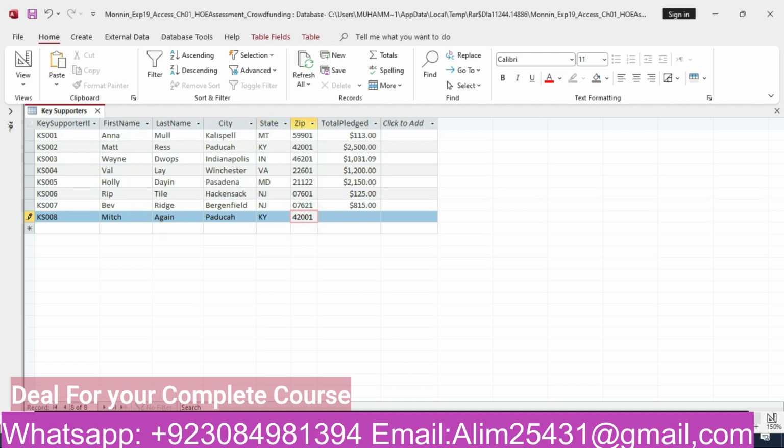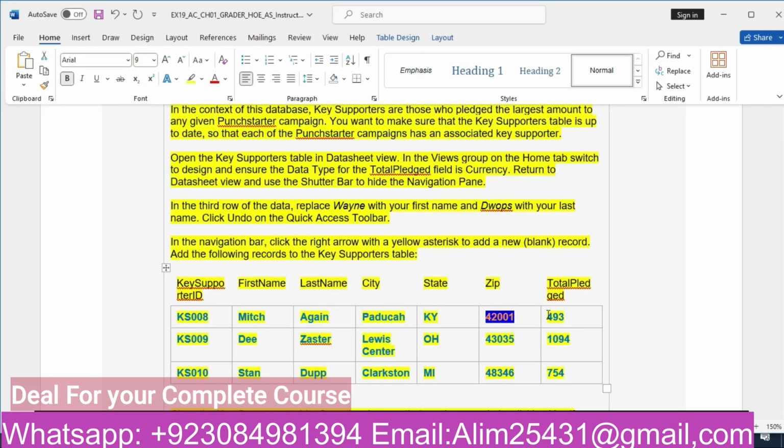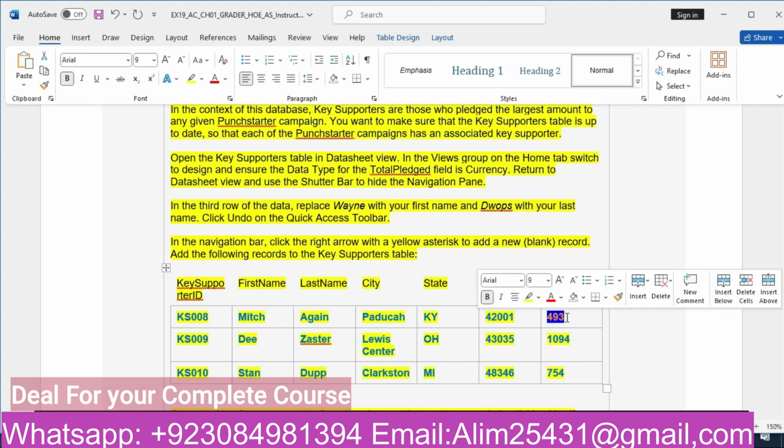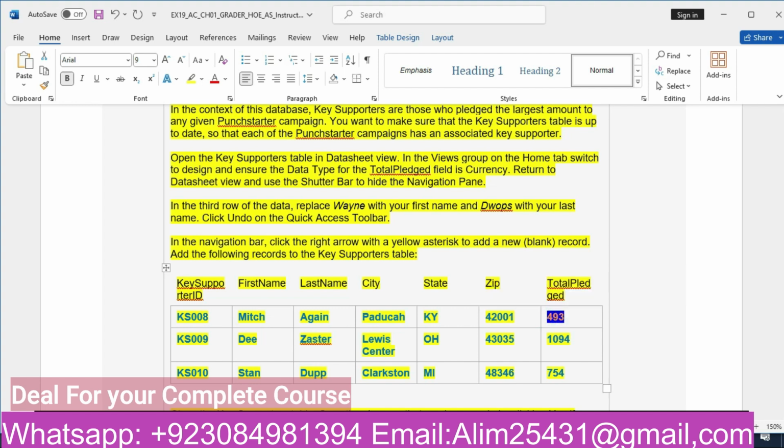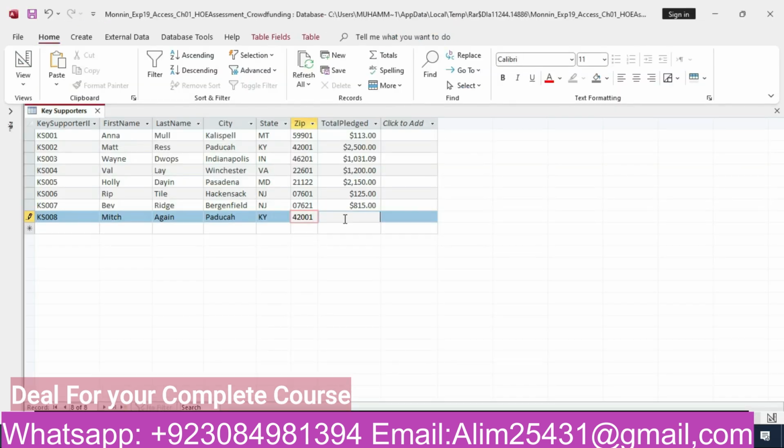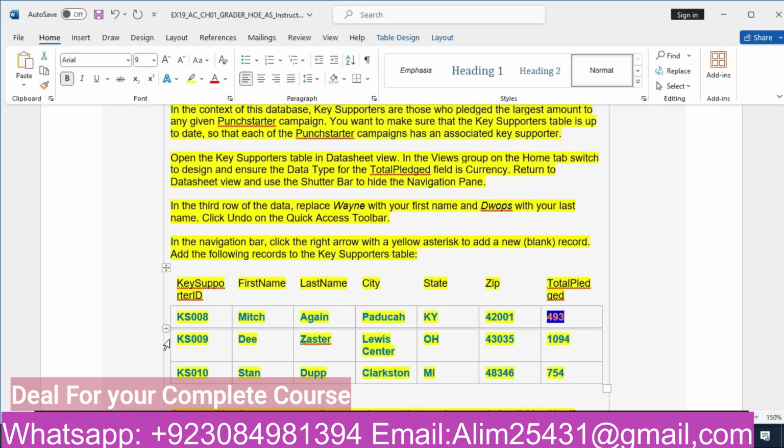Zip code and total pledge paid. Then we will copy the second row.